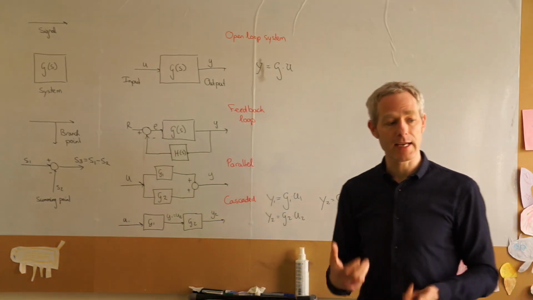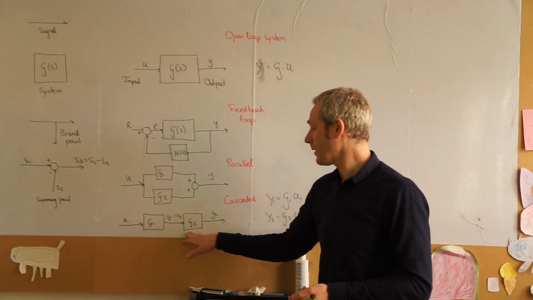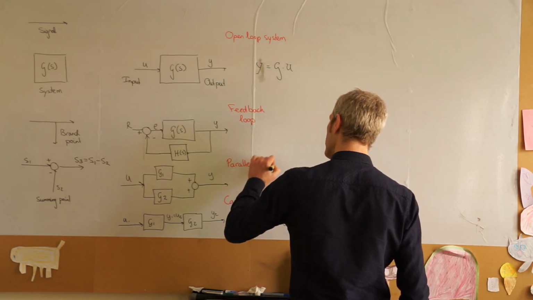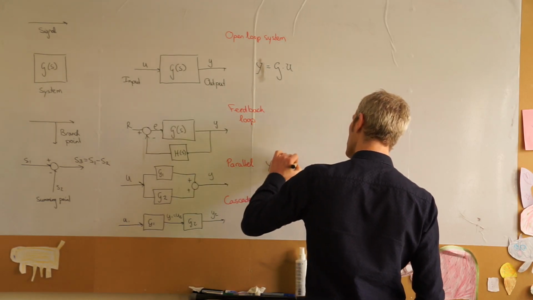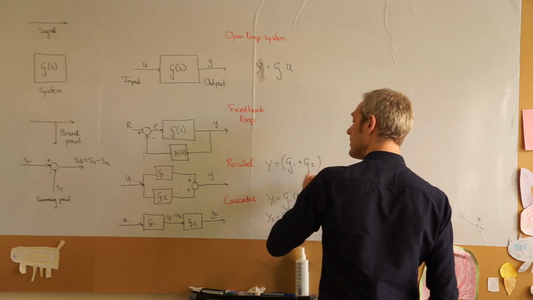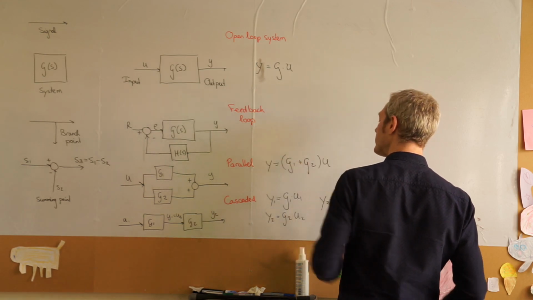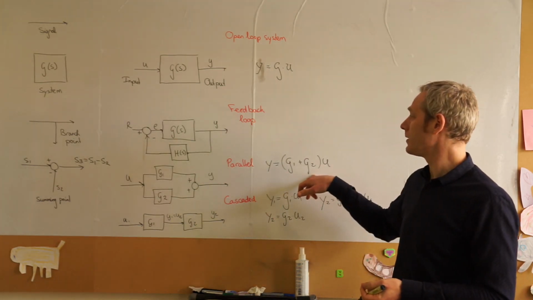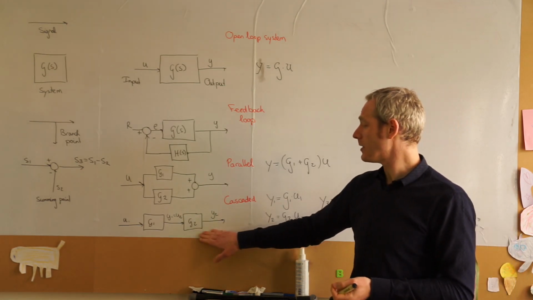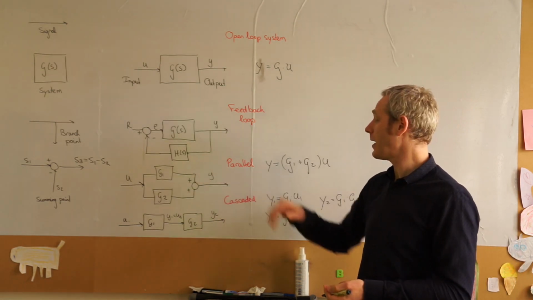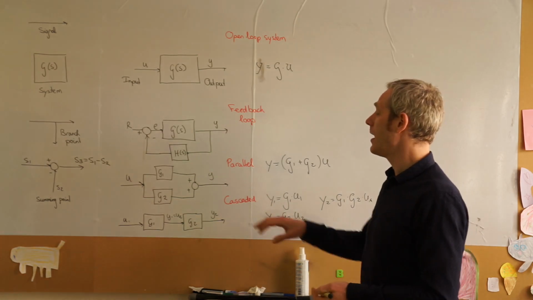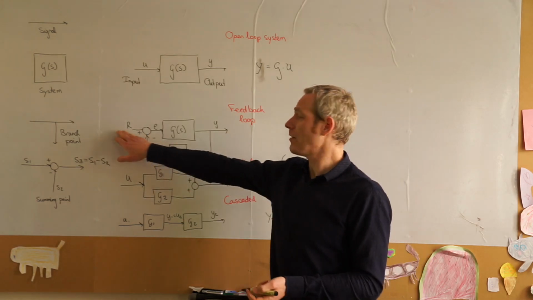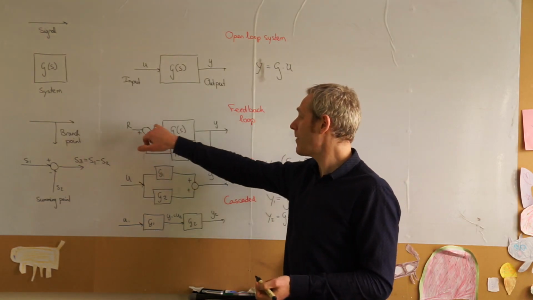And so if we have cascaded blocks, it ends up with a multiplication. Now if we have parallel blocks, we have that our Y is equal to G1 plus G2 times our input. And so parallel blocks end up being summed. So we have multiplication in the case for cascaded systems, and we have summation in the case we have parallel blocks. But now we have this feedback loop where we have a reference signal, we have an error term, and